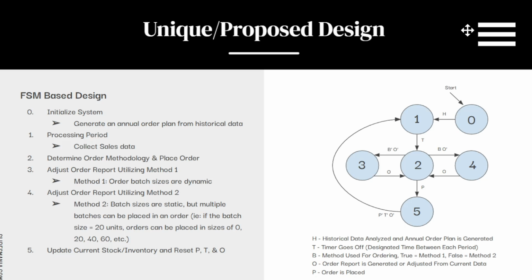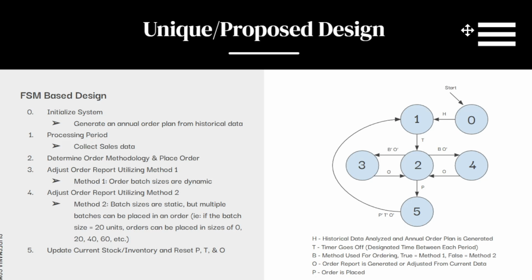At the end of the month, we're going to collect our sales, we're going to put it into the system, and we're going to basically decide what we need to order for stock. Once we have that, we can go to state 2. Now, state 2 is where we have to decide what method we want to use to order. So we have 2 ordering methods. The first one is that we can choose whatever batch size we want, and we're doing an order once a month. So with this, we're able to do a batch size of 5 items. We're able to do 15, 25, 35, whatever it is. We can choose any number we want.